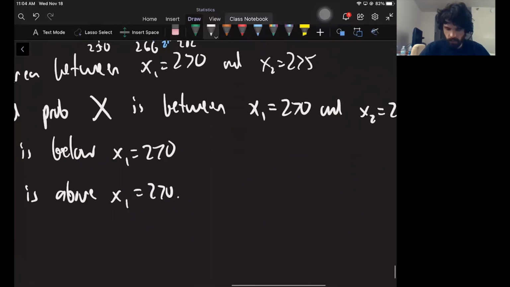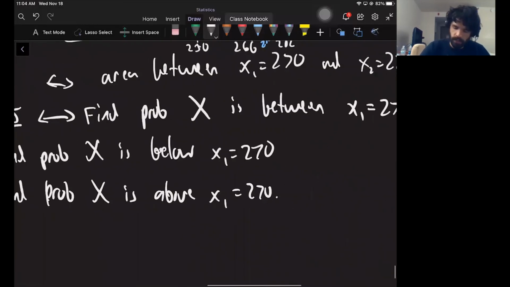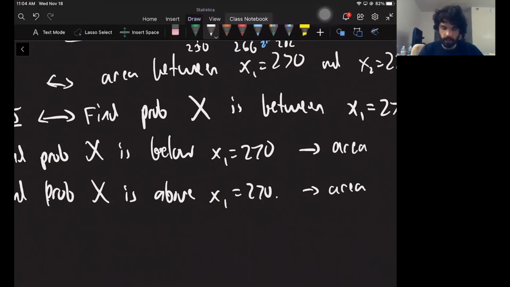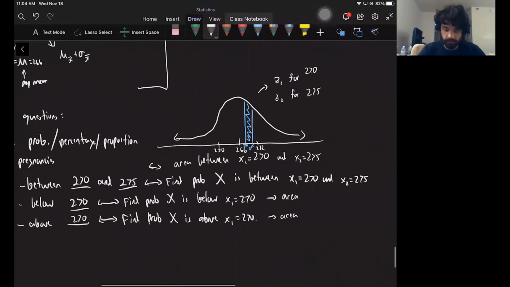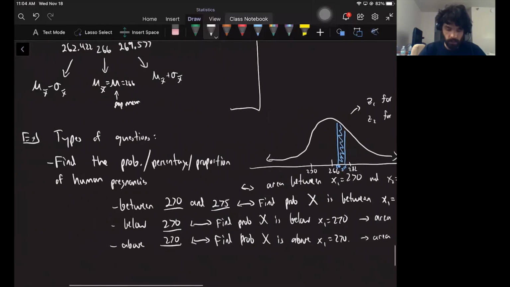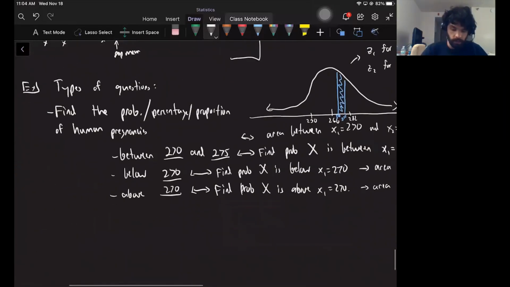Same idea for these two problems. You can translate these into areas and do the same thing. So that's all the old stuff. That's one type of question. And then the other type of question is the new stuff,